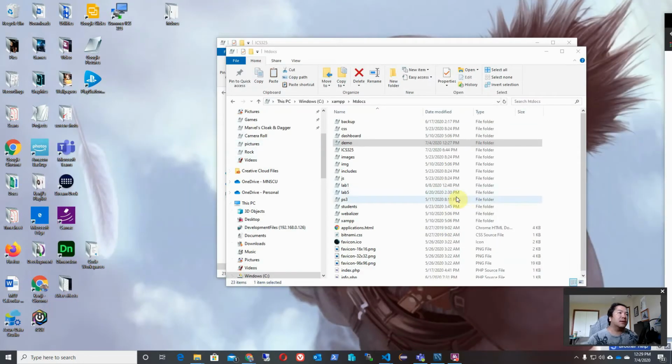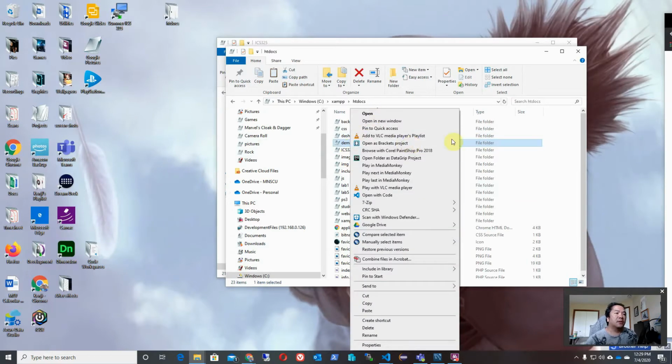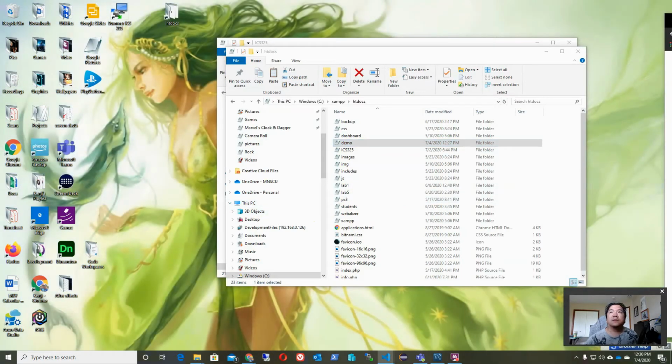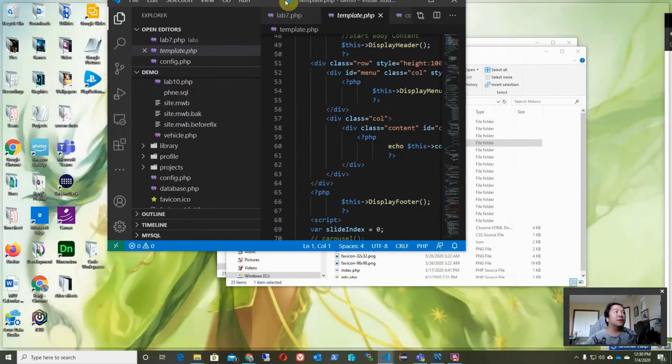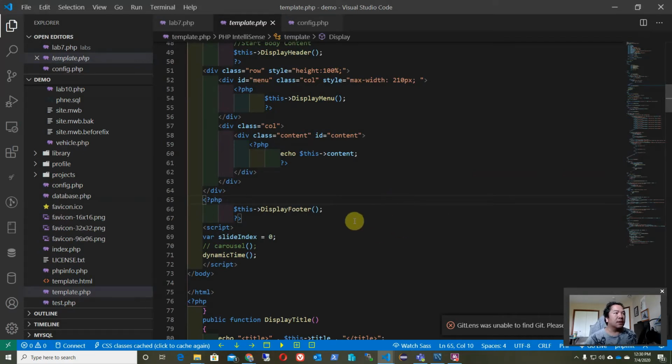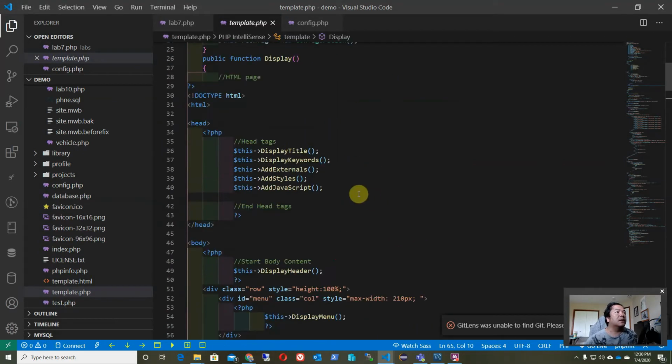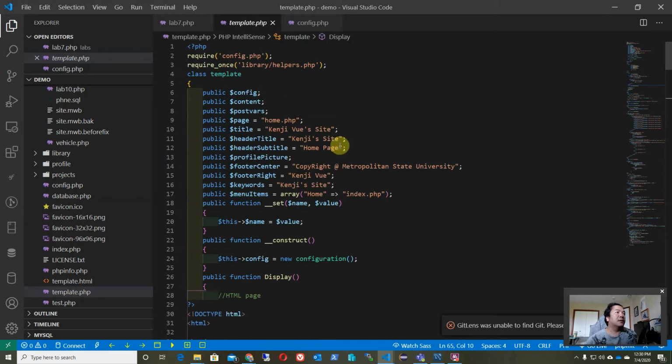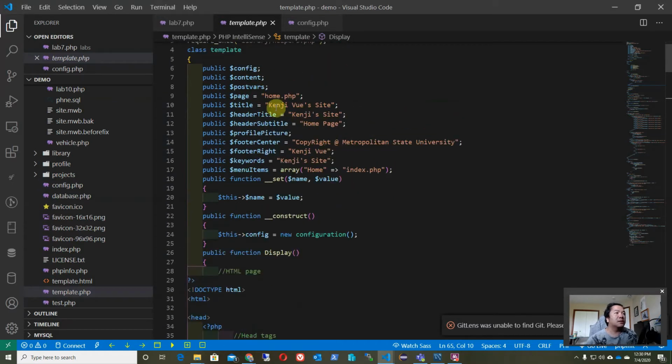Okay, so the next step here, we're gonna go and open up our demo site. Now, go open up the demo site in Visual Studio Code. Okay, should load it right here. Now you can see that it's open up here. Okay, so here's my template page. Alright, so